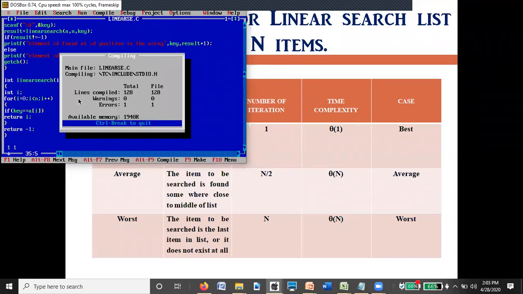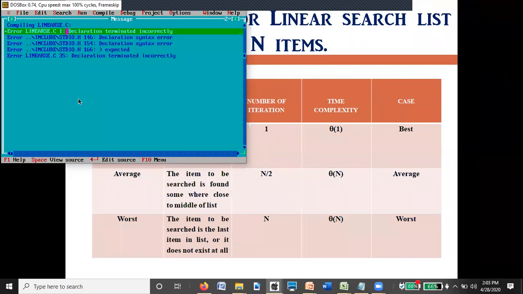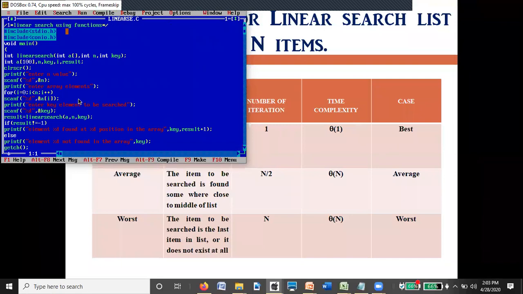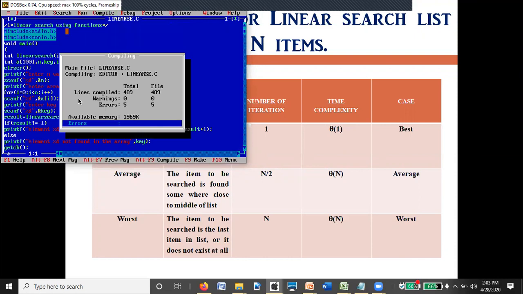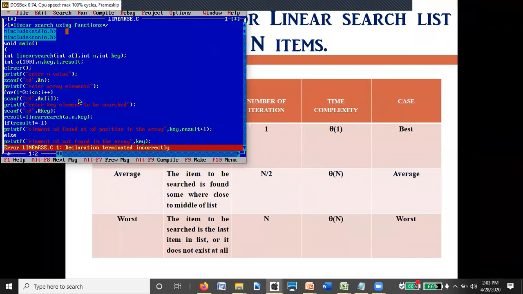Alt C, compile. It says your declaration terminated incorrectly. Then Alt C again.